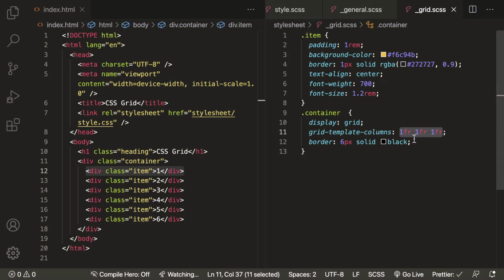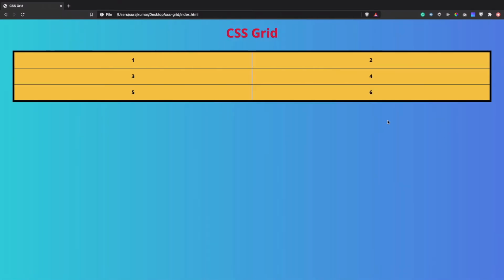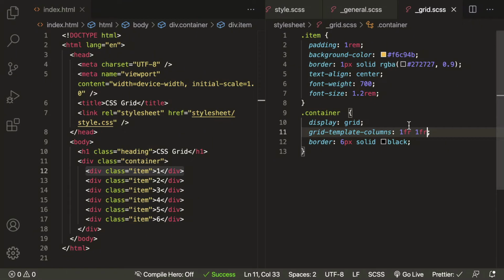FR will be calculated on whatever the extra space we have inside the container. That space will get divided equally between the columns, whatever the number of columns you define. You may have 2 columns. Save this, give it a refresh. So you have 2 columns now. You may have 4 columns,